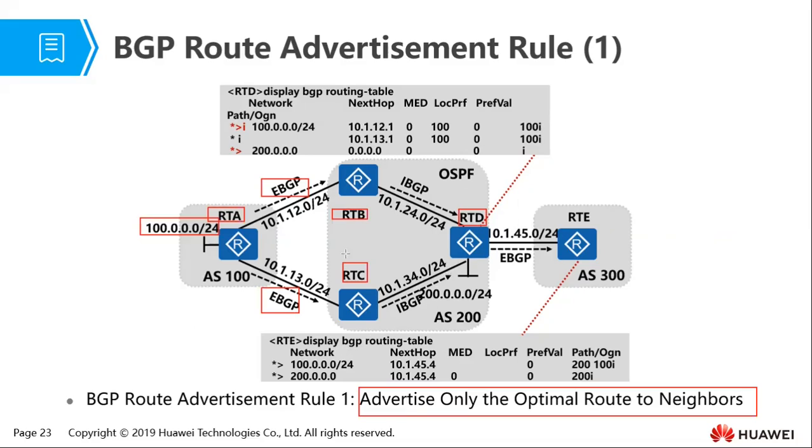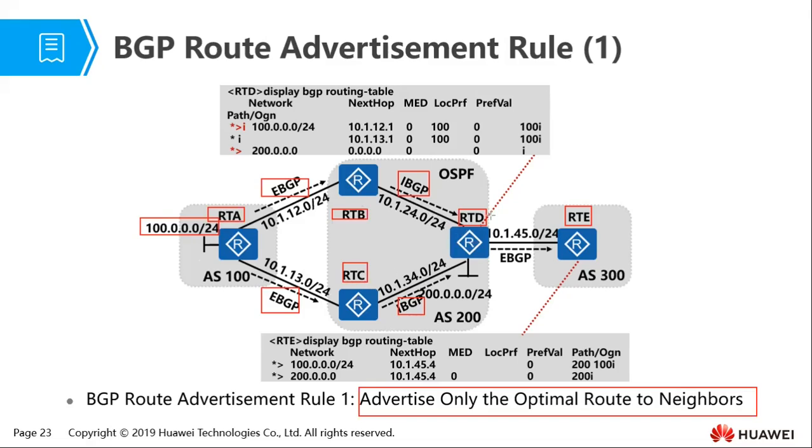Then RTB and RTC will advertise using IBGP to RTD. So you can see that RTD can learn about this network. It will learn from this one and from this one. Now, which one is it going to advertise to RTE? Is it going to advertise the one that has been learned through RTB or the one that has been learned